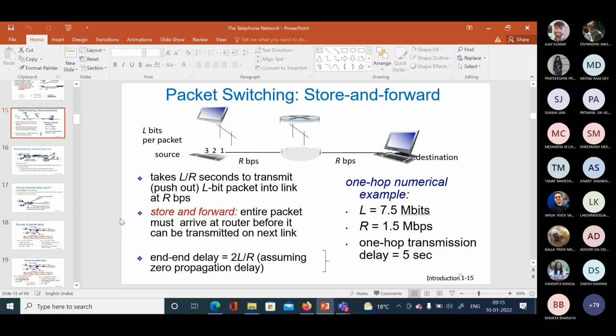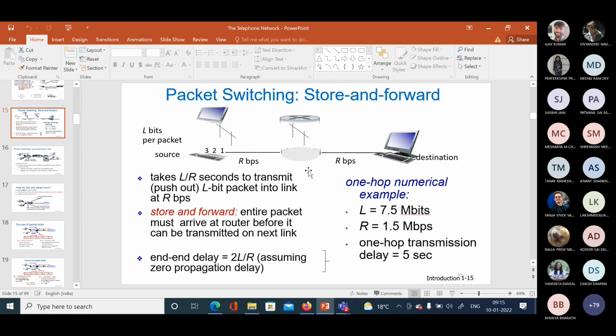Now in this case you can see that there is a source and a destination, and in between there's a router. There are three packets to be sent from the source to the destination, named 1, 2 and 3, and these packets are arriving at the intermediate router. Suppose packet number 1 is arriving at this router.